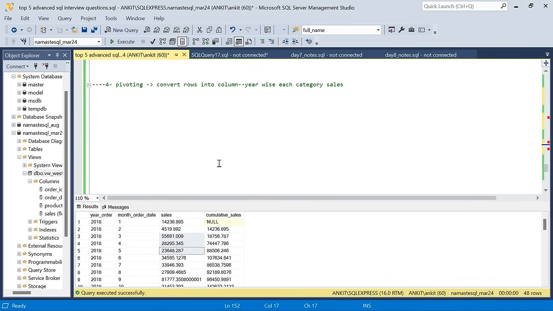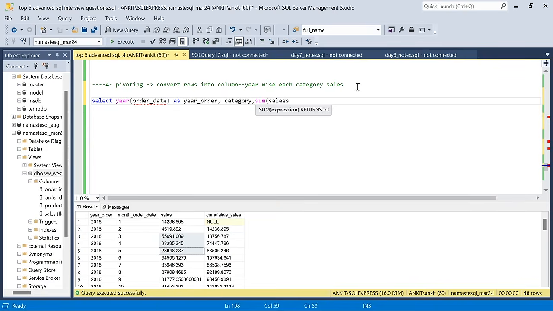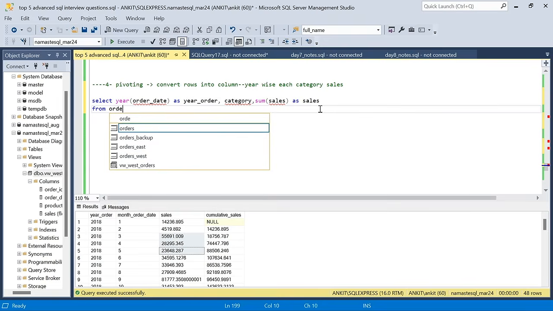Now comes the fourth one, where we have to convert rows into columns, year wise, each category sales. Okay, so let me explain it. For example, I want for each year how much is the sale in different categories. So I can simply say year of order date as year order, category, sum of sales as sales, from orders